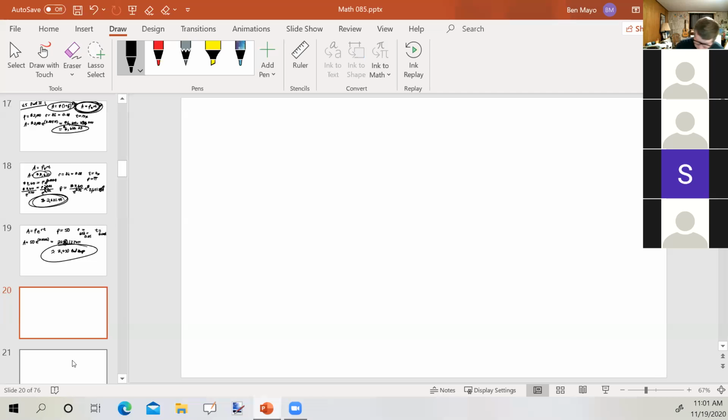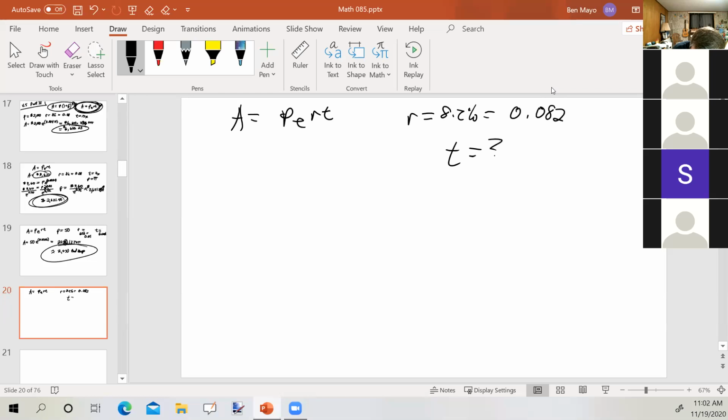Now, because we're talking about a population, it's going to be growing or decreasing continuously. So we're going to use A equals P e to the RT power. Okay, what do we know? It says if the current 8.2% annual increase in population remains constant, so that means that R is 8.2%, which is 0.082. How long will it take for its population to double? So the time is the question mark,